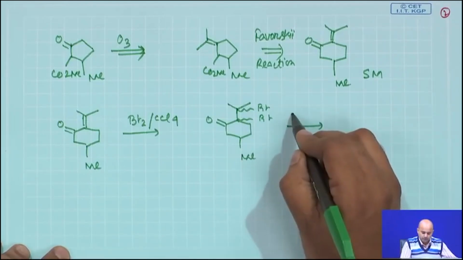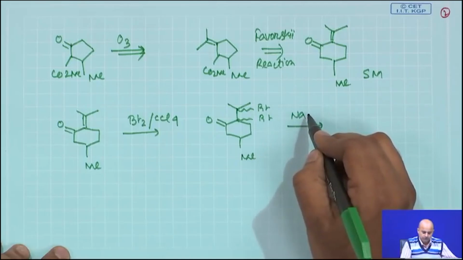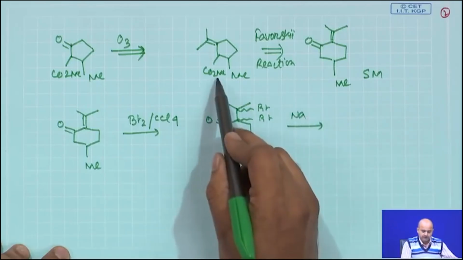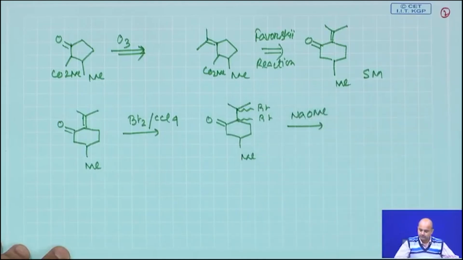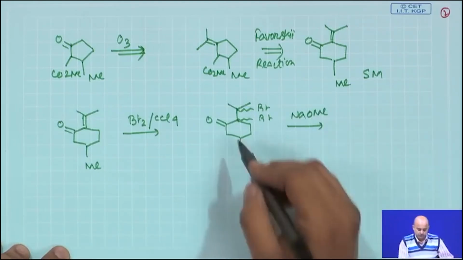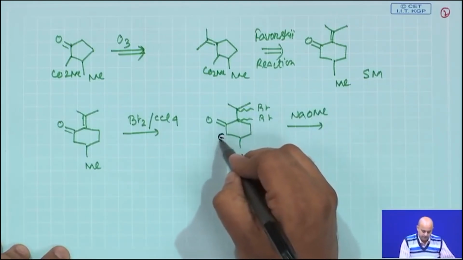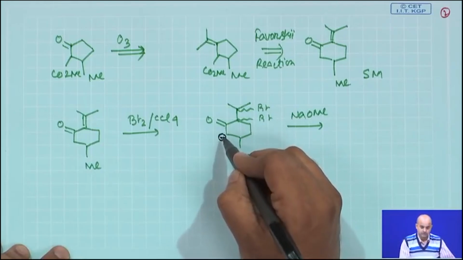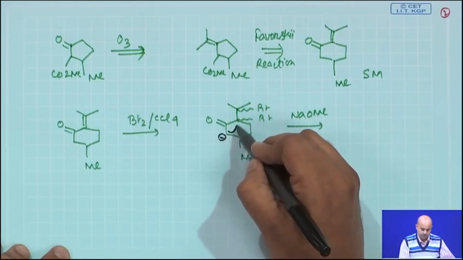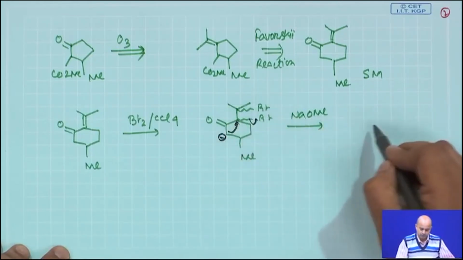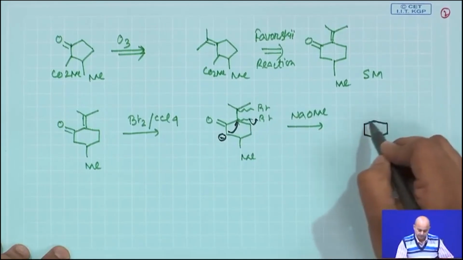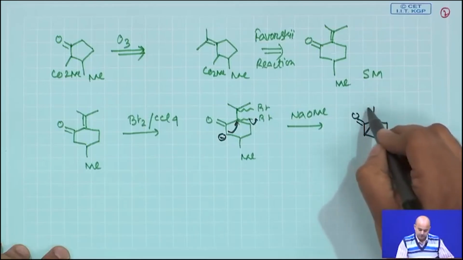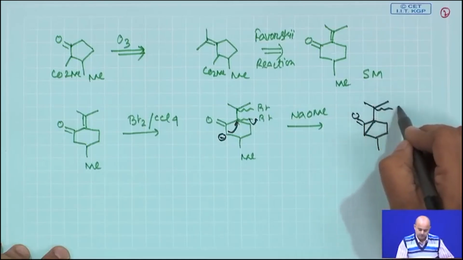Now, we react with sodium ethoxide or sodium methoxide. Here, as it is a methyl ester, we use sodium methoxide. Once you use the sodium methoxide, initially this carbanion will be generated, and this will react with this bromo to give you the cyclopropanone intermediate in the Favorsky reaction. We are having this Br here,